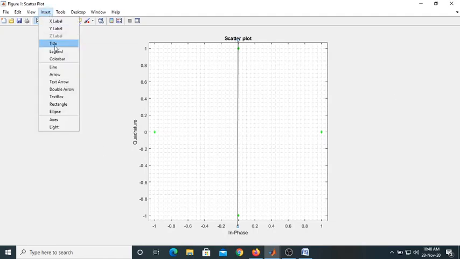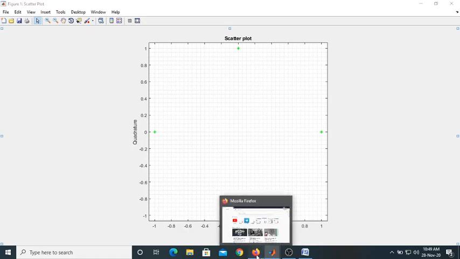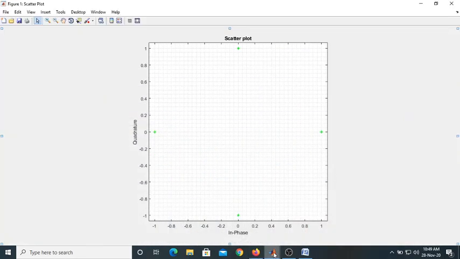If you take one more line, it lies exactly on the axis itself, at -1 and at 1, something like this. These are the 4 message points of the QPSK. In the class, I told you they are in the middle of the quadrants. So this is also a constellation of QPSK. Now, what changes have we made?